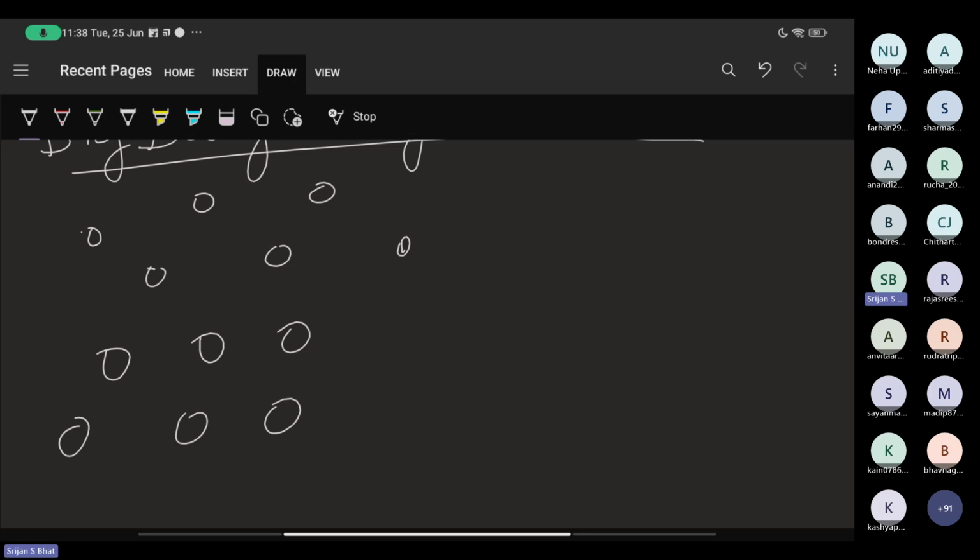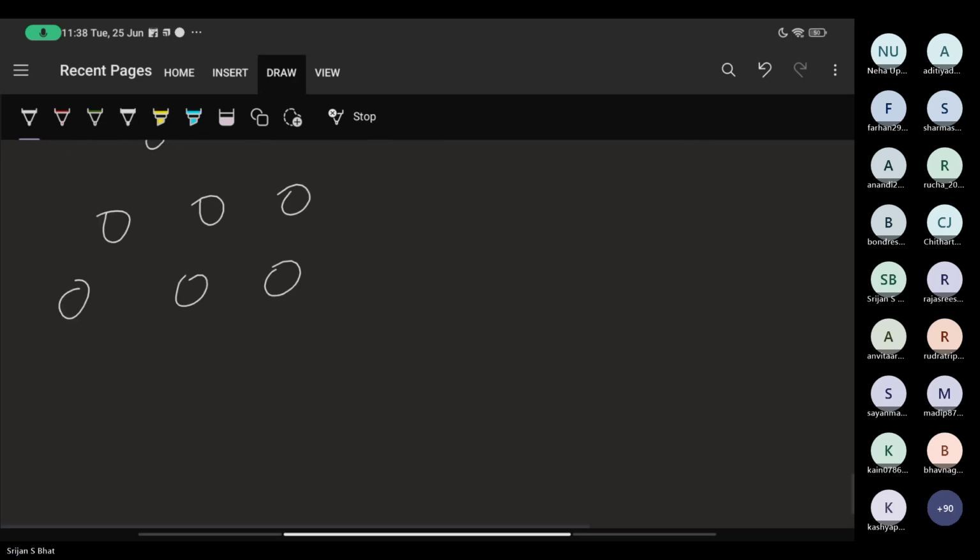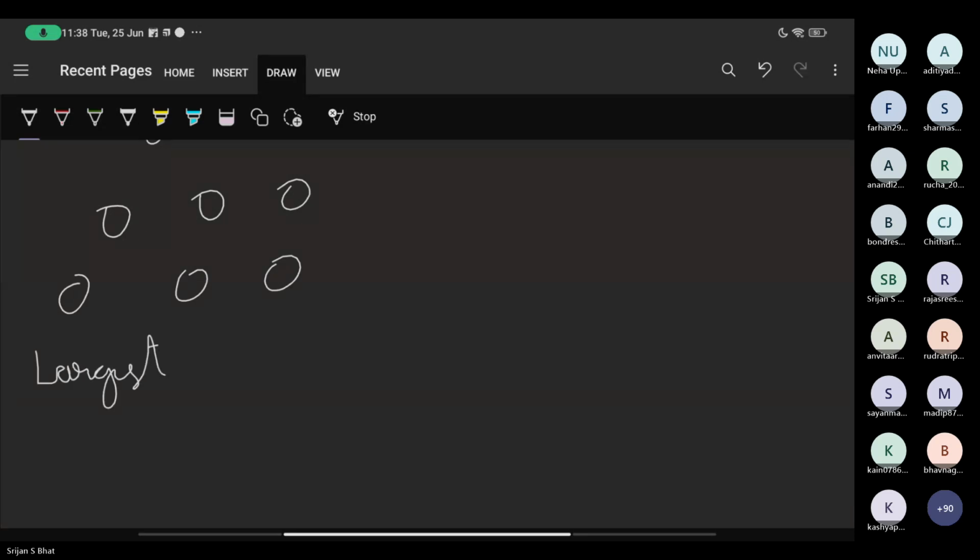And then what you do is you consider either the one with the largest mass or you consider the center of mass.